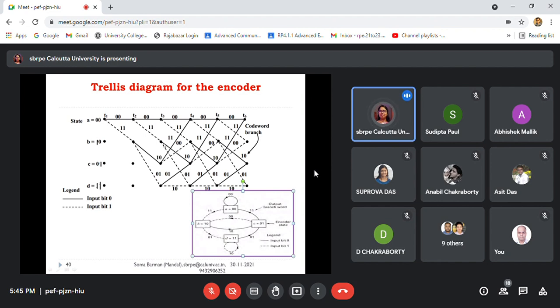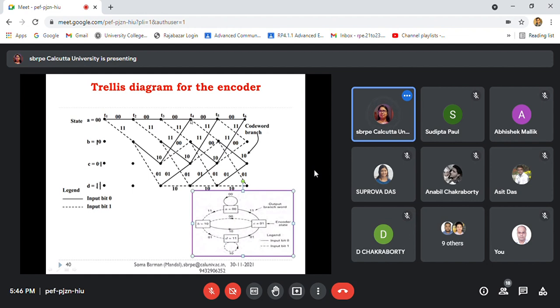Now in the T3 state, you are in C and D. Also in the C state, there are two possibilities, for the 0 input and the 1 input. For the 0 input, it goes to the A state, that is, it reaches the initial state. So it started from 0, 0 and goes again to 0.